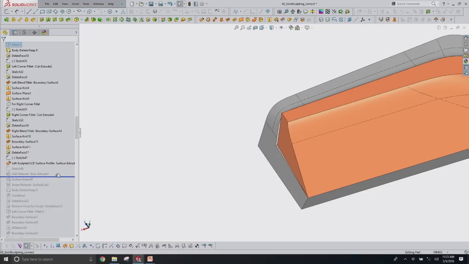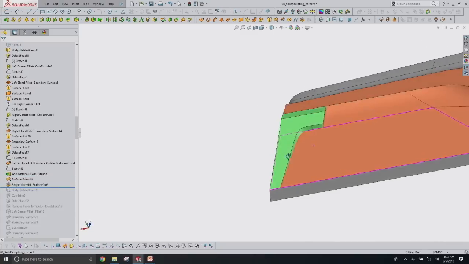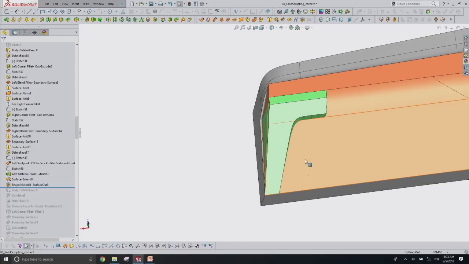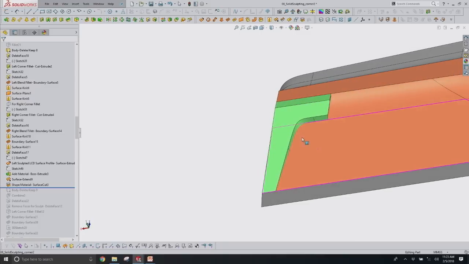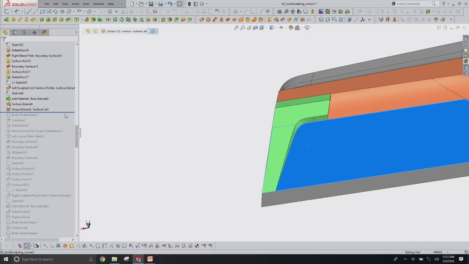So I needed to add a little bit of material to the model, so I created a second body. I didn't merge it in. And then I shaped the material with a surface cut. So here we can see I'm using solid features to generate new edges in my model that weren't there before. Because what happens when I combine this in, we can see the size of this face, right? And then when I combine